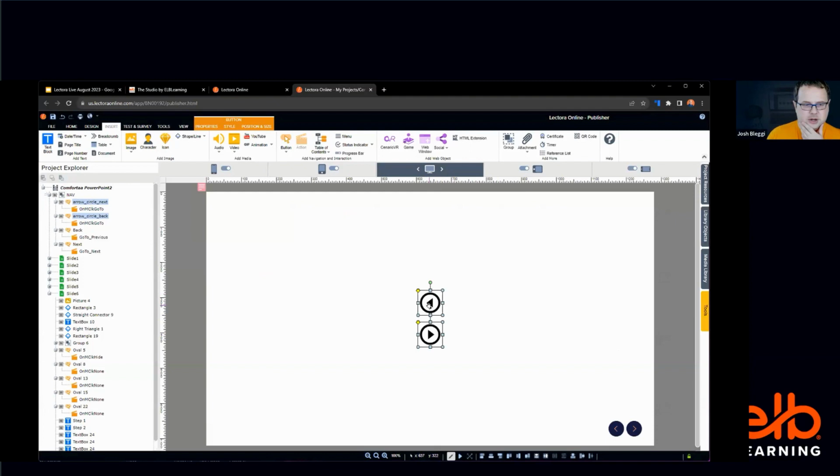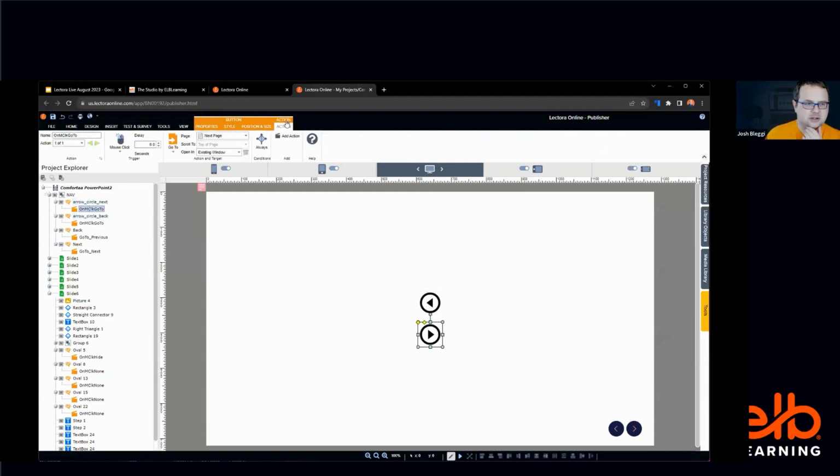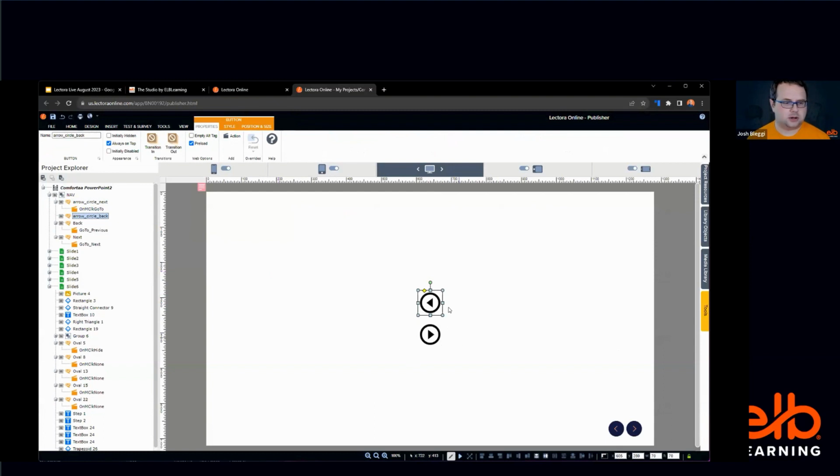They insert here and automatically come with an action. In this case, they come with the action pre-built to go to the next page and the previous page, so they already have the next and back navigation in there as well. So that's another option for how you would create these. They ended up in my group and I didn't quite mean them to, but